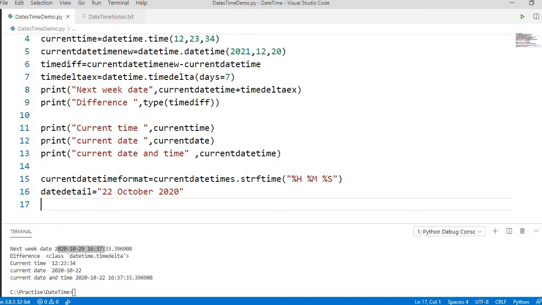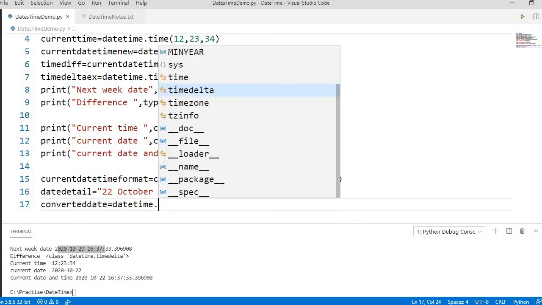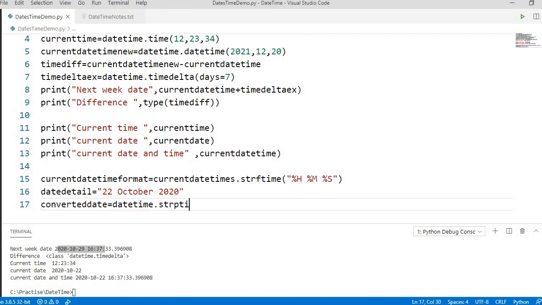Let's take a converted date, and we have to use datetime.strptime, and then we have to pass this date details and the format, whatever format you have, like percent Y or percent b. There are so many formats already given, so you can format according to this, but this is the way to call it.